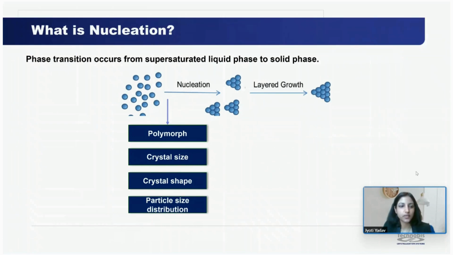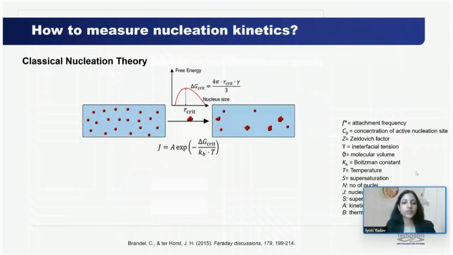Next, now how to determine or measure the nucleation kinetics. Nucleation is a stochastic process, and therefore it is difficult to know the actual mechanism for nucleation, but there are different theories, mainly 2 different theories, which propose or explain the mechanism, that is classical nucleation theory and non-classical nucleation theory. So the classical nucleation theory is commonly used and well accepted method to determine the nucleation kinetics of small